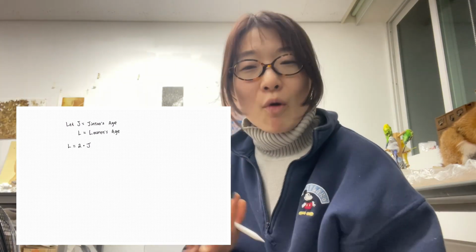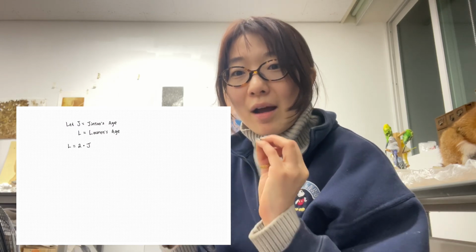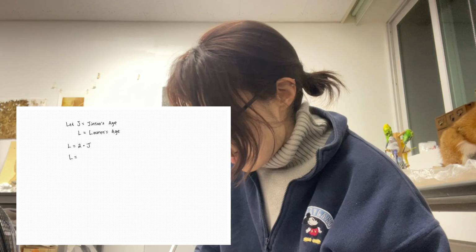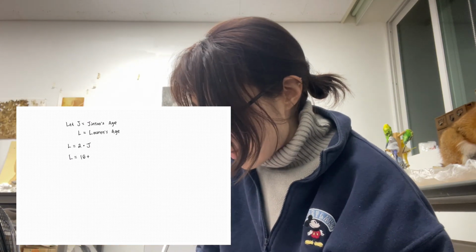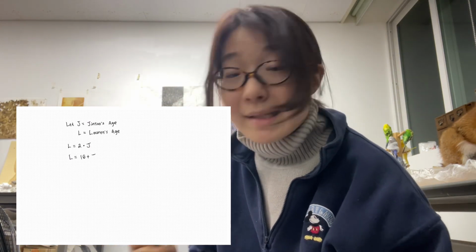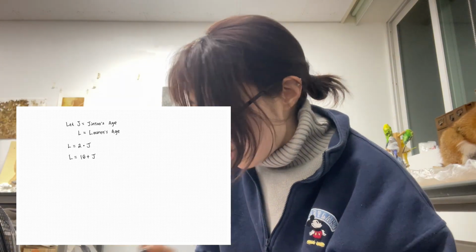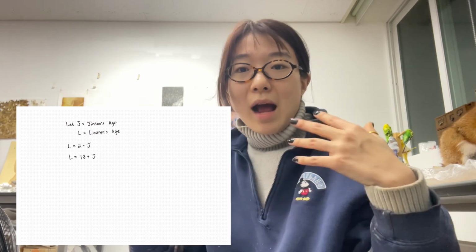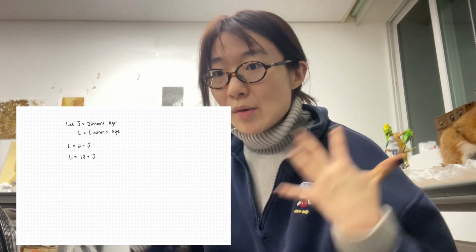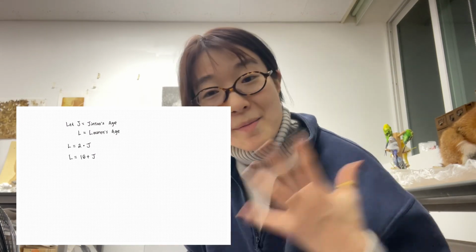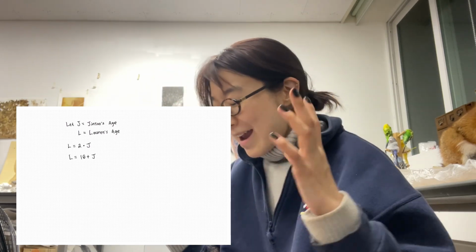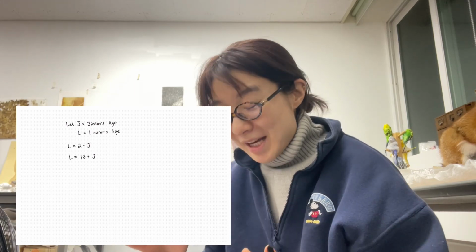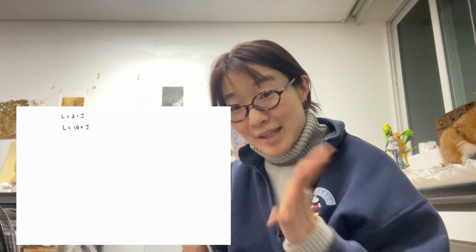So I think the more accurate way of relating Jinsu's age and my age would be L equals 16 plus J, correct? And that's because I would always be 16 years older than Jinsu. Oh my God, that makes me feel so old. Anyway, so now we've established this relation, this function,